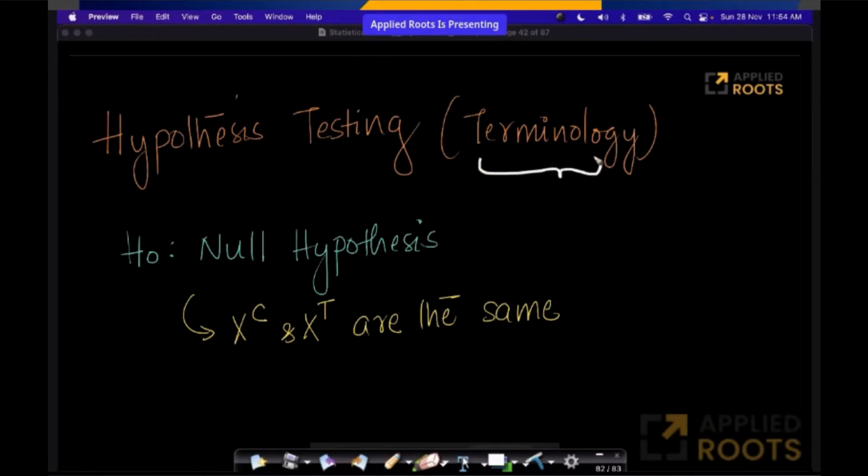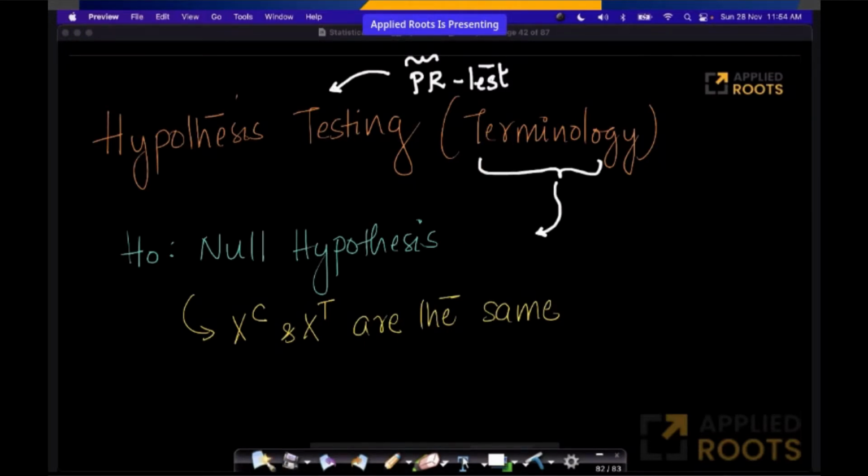So now let's learn some terminology. We already have learned the concept of hypothesis testing. So permutation resampling test is one of the many hypothesis testing strategies that exist. I'll tell you why permutation resampling test is powerful, when to use it and when not to use it. We'll come there. But let's understand some terminology so that you can read research articles, you can read Wikipedia